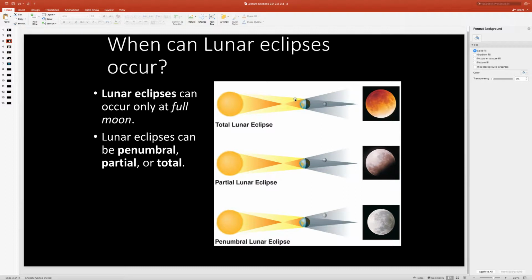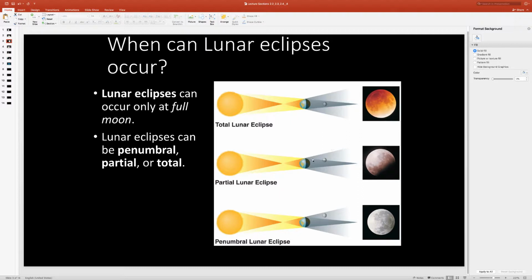Now, what actually happens is that the light from the sun is going through a lot of our atmosphere. If you look at this ray, it's going to go through a bunch of our atmosphere, and that causes